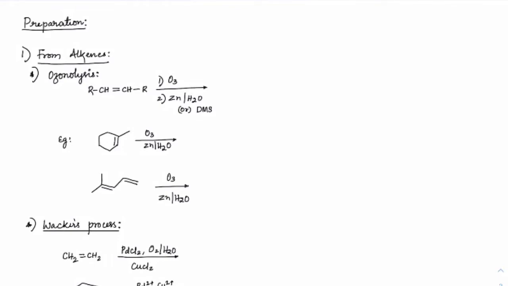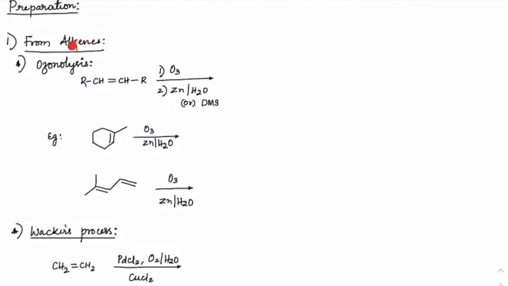See, first one, ozonolysis. From alkenes, through ozonolysis, we were able to get aldehydes and ketones. What we used to do is, wherever there is a double bond, we used to break the double bond, and we used to get this as RCHO, 2 moles of this. But this has to be done in the presence of zinc or DMS, dimethyl sulfide, which will become dimethyl sulfoxide, which means this is undergoing reductive ozonolysis.